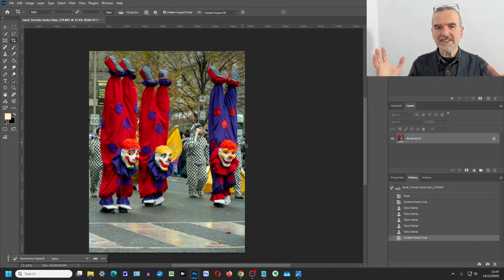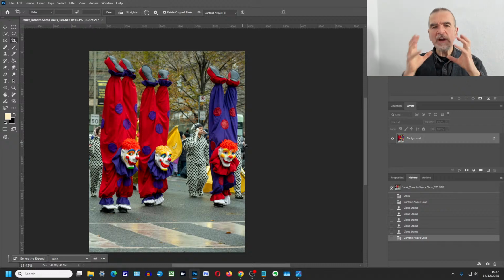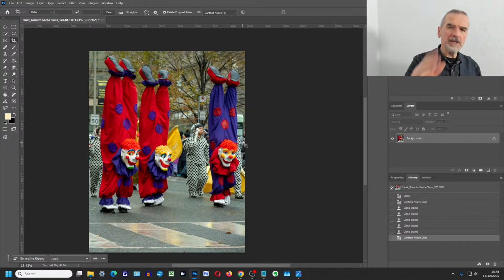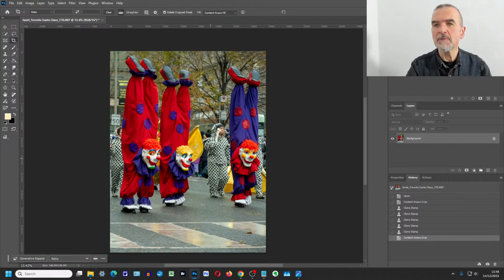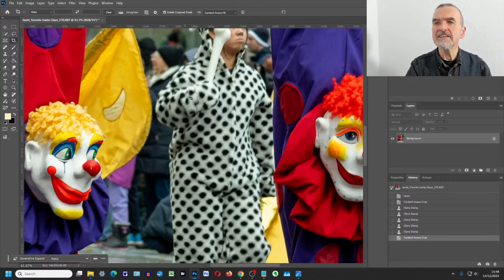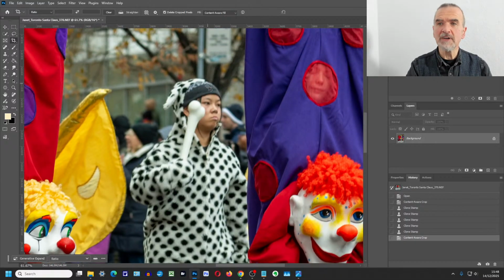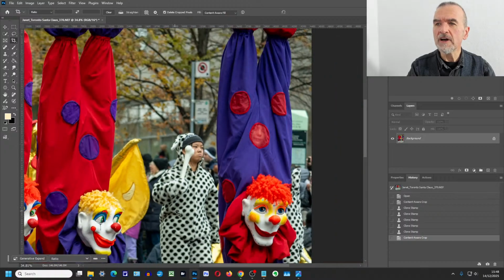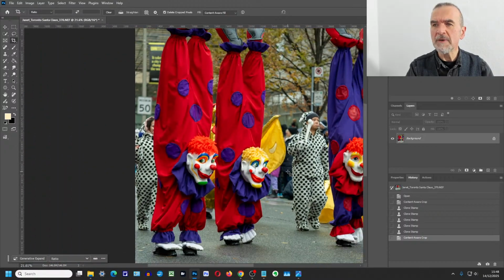There's another aspect here, which is the thought of bringing in more context. Actually get some of the crowds, have the people in the parade and the crowd in the background as well, more of the crowd, and get that. It's kind of, what are you trying to capture? Because we've got these wonderful clowns here, but then we've also got these people in kind of Dalmatian dog outfits walking behind.